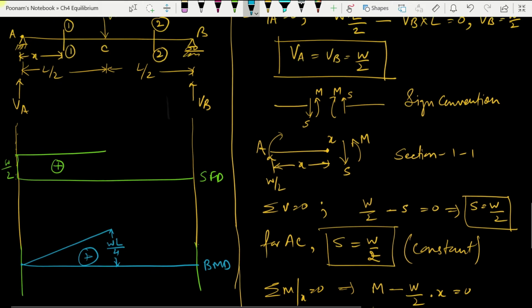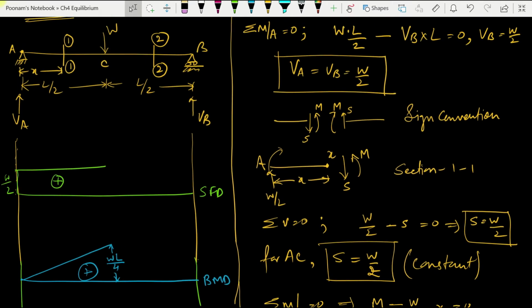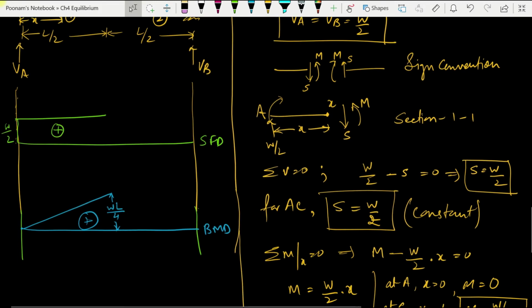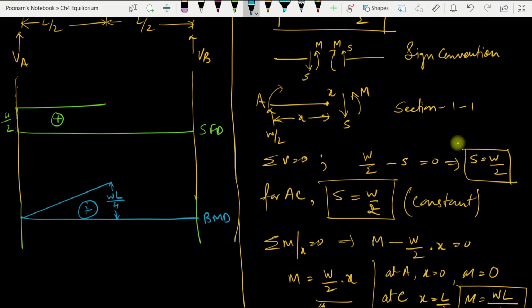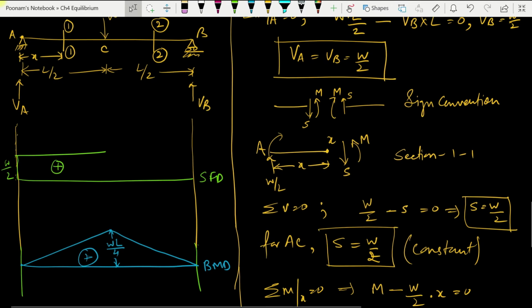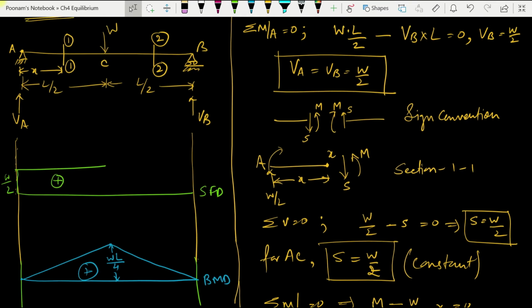Now from symmetry, portion AC and portion CB are the mirror image of each other. So from symmetry I can complete the BMD and it will match here. But in the case of the SFD we cannot do it like this, because our force W by 2 is acting upward